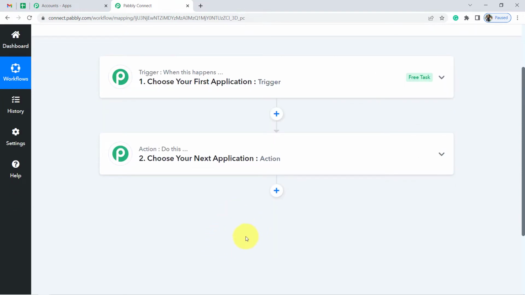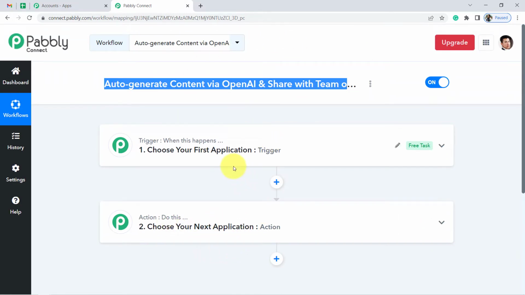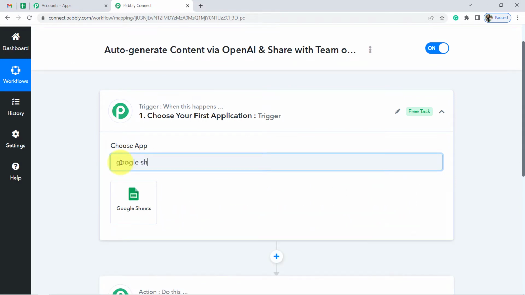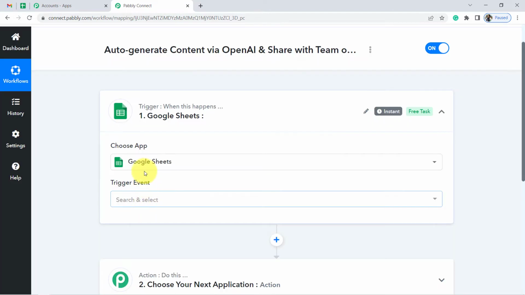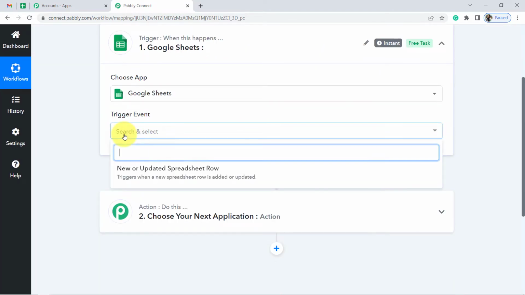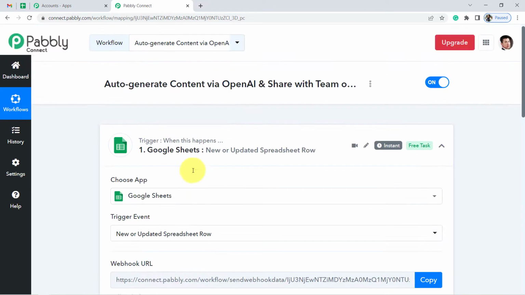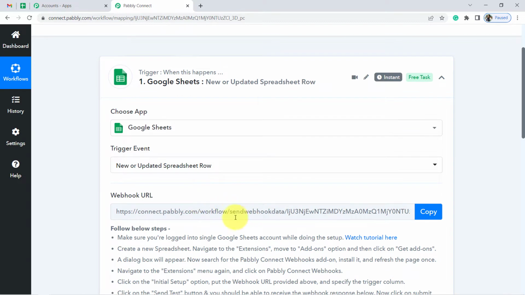So this is how we always need to select the application in which we are setting up an automation. So here we are creating the automation between Google Sheets and OpenAI first. Okay, so in trigger event, select new or updated spreadsheet row, and the idea here is I'm going to connect Google Sheets with Pabbly Connect first with the help of this webhook URL,